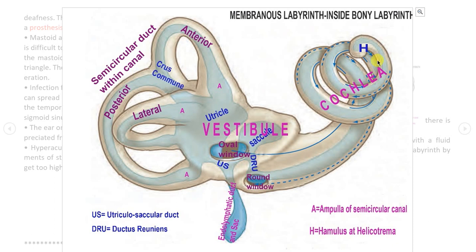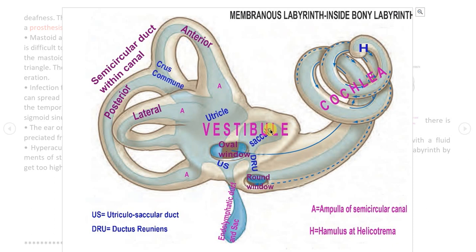So it has three parts. This is our anterior side, this is posterior side, this is superior, and this is inferior, and this is of right side. So here anteriorly we have a snail-like round cochlea. So this is cochlea. In the center we have vestibule. This vestibule inside has two parts, that is utricle and saccule.